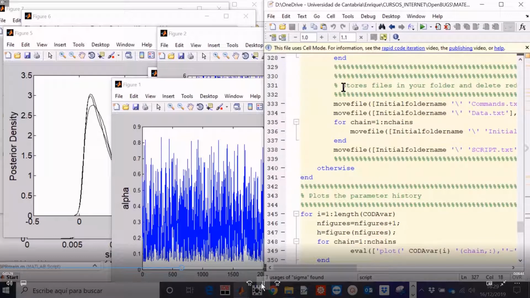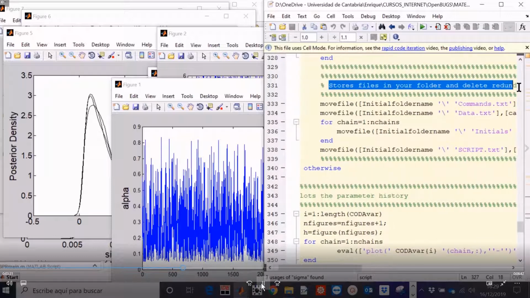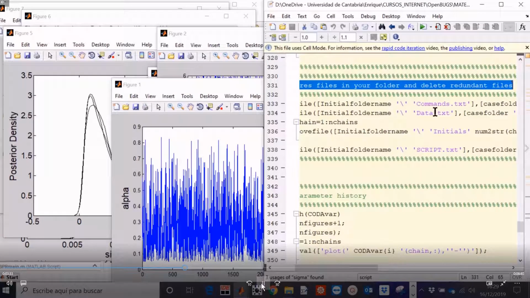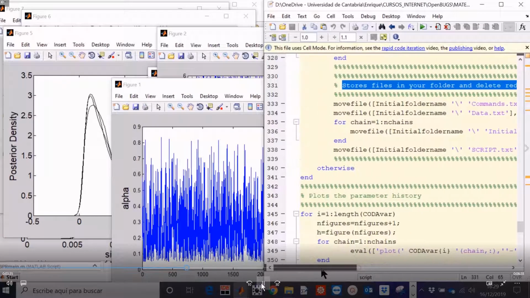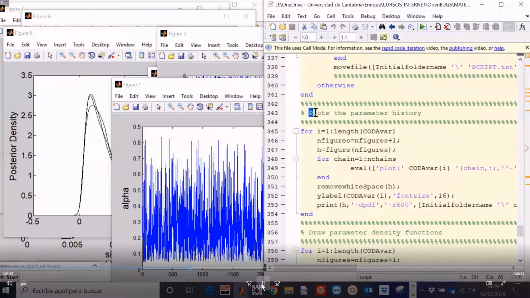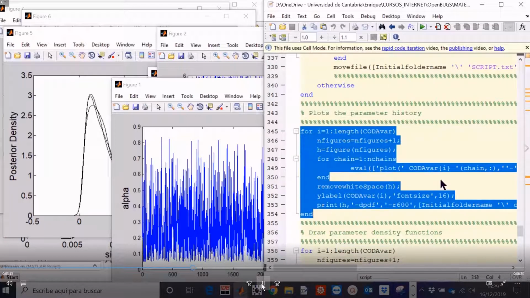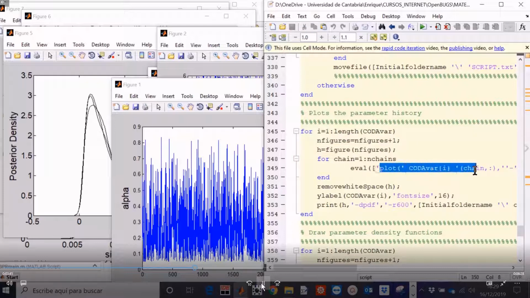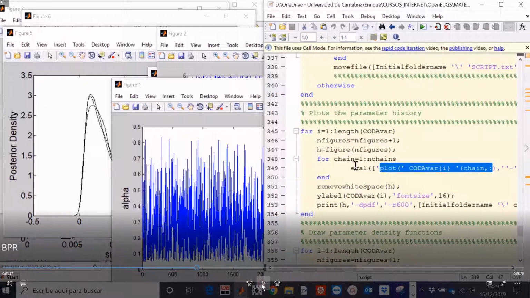Then you move all these files to the folder that you have indicated at the beginning, so that everything is together in a single folder. Next, you plot the parameter history of the different parameters, and you do that using a plot command that you evaluate for the different parameter names.